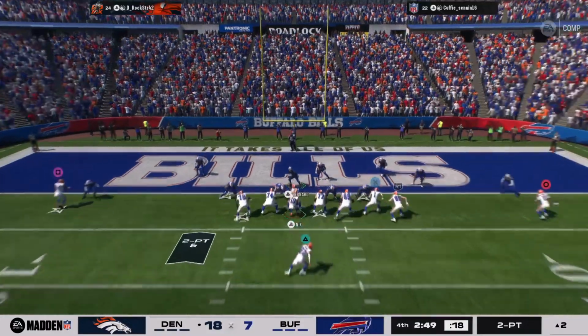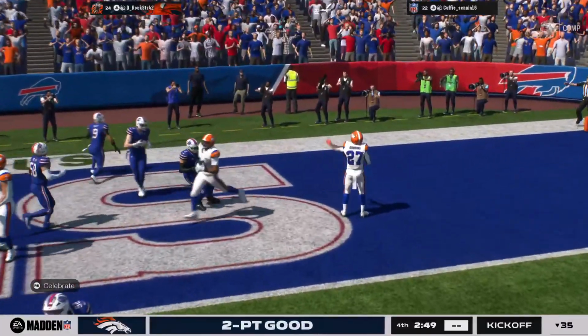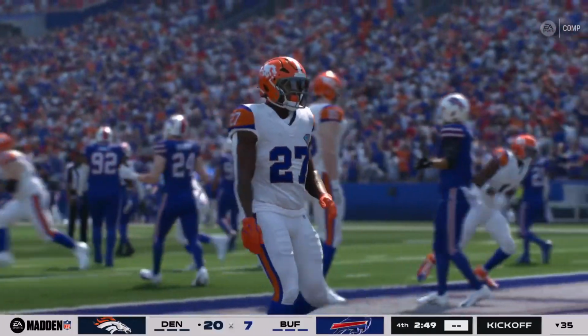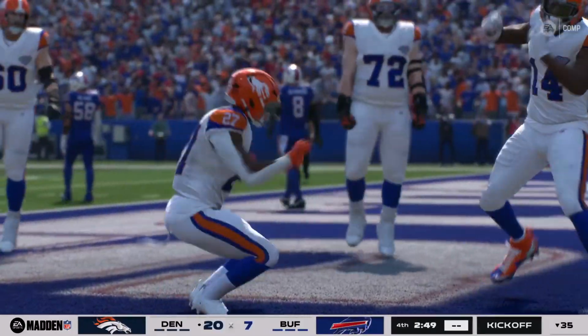All right, they're going to throw for it. And he has it inside the end zone. That's going to add 2 to their lead here late. Broncos 20, Bills 7. Well, they were just 1 away from the strikeout, Brock, but their third attempt finally nets